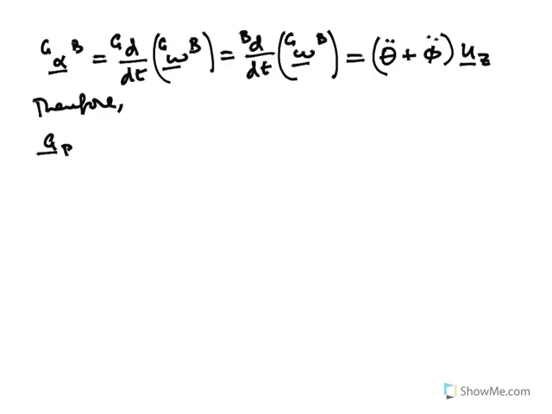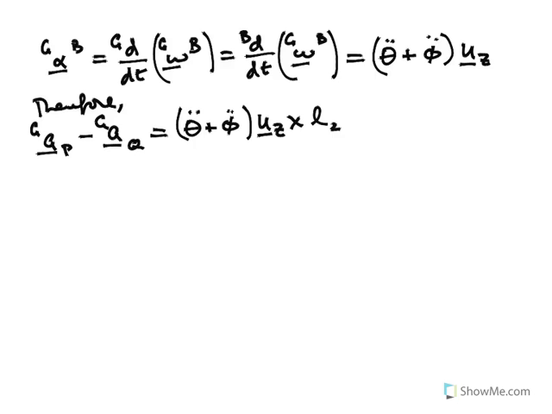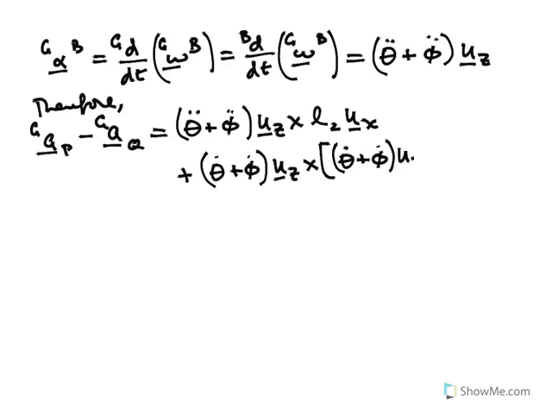The acceleration of P in G minus the acceleration of Q in G is equal to theta double dot plus phi double dot times uz crossed with L2 times Ux, because that's the position of P minus the position of Q, plus theta dot plus phi dot times uz crossed with theta dot plus phi dot times uz crossed with L2 times Ux, which is equal to, now uz crossed with ux is uy, so we